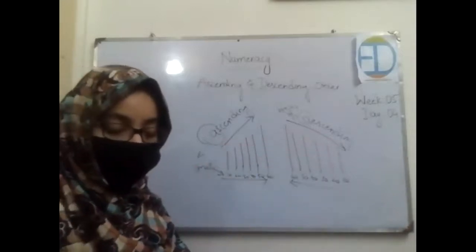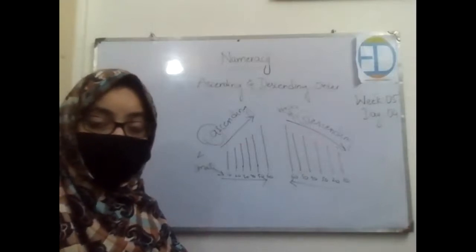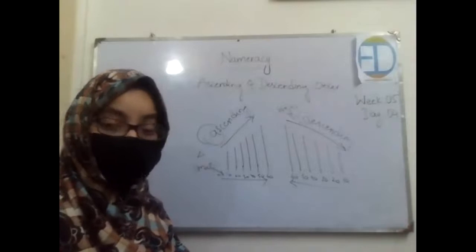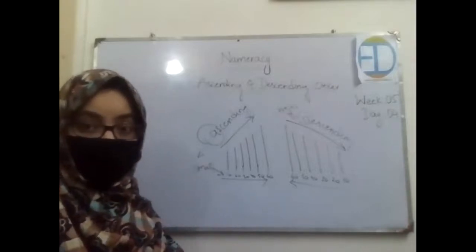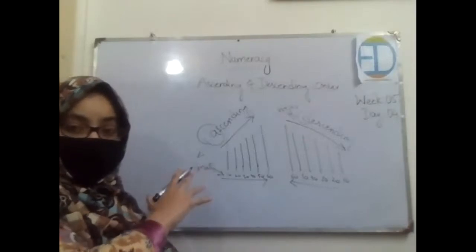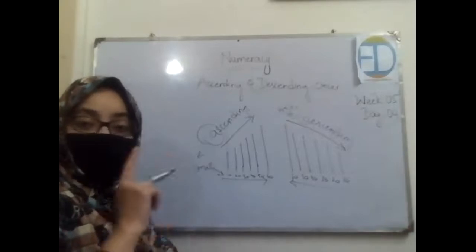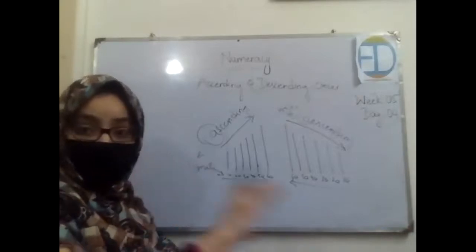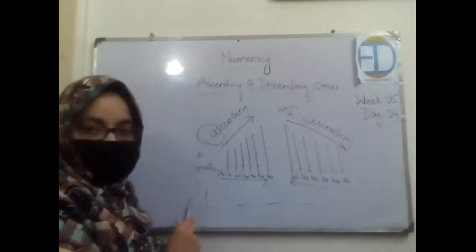Now another technique, as we discussed in yesterday's class as well, I told you that if you are supposed to identify which is the highest or lowest number, there was this technique that I shared with you. Do you remember that? What was that technique? The first thing was that you are supposed to look at the first digit of every number. Let's say you are given four numbers, so look at the first digit of every number.